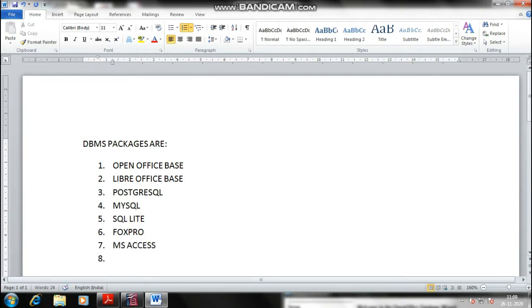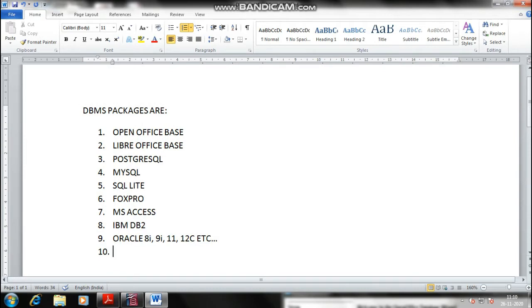IBM DB2 is also a package. Oracle 8i, 9i, 11, 12c, etc. So these all are examples of DBMS packages which help us in creation, maintenance, managing, and manipulation of the data.